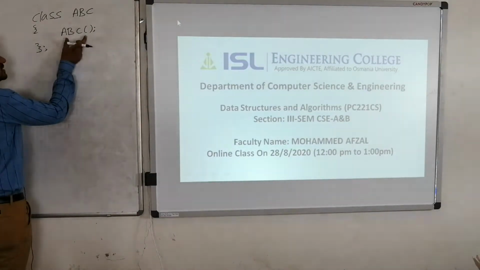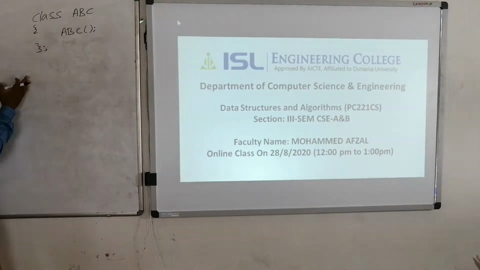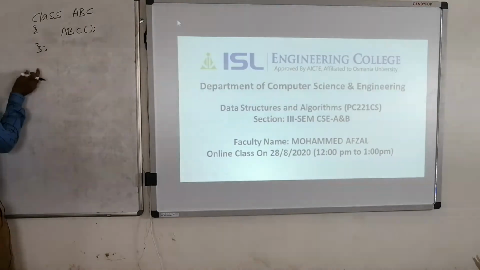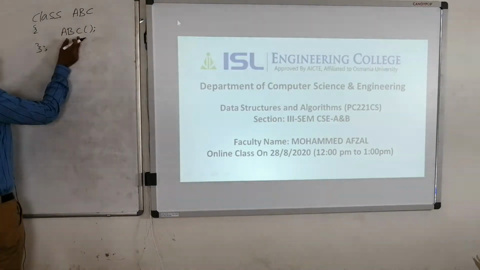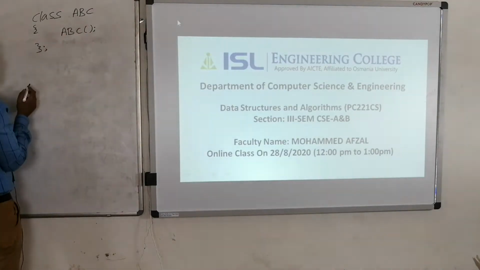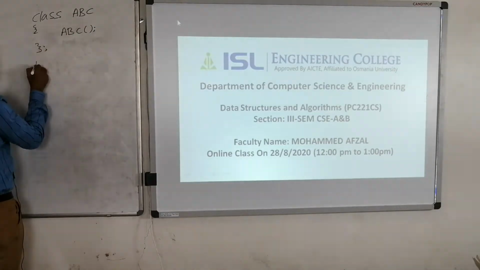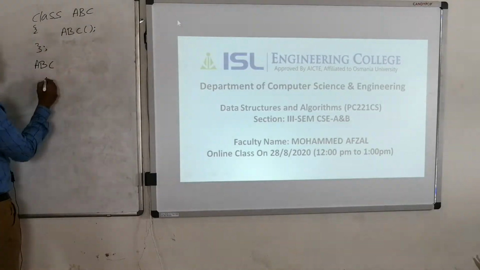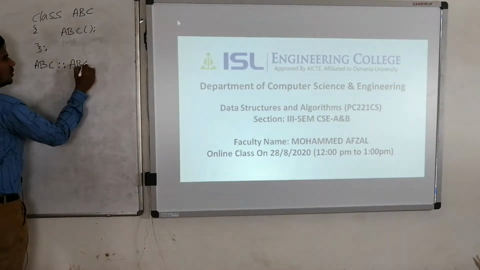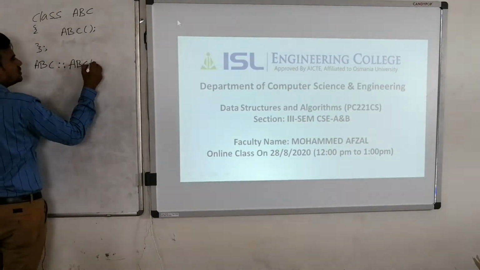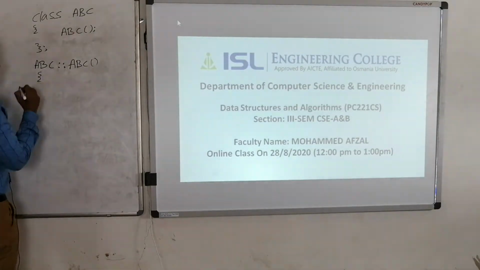I want to define this constructor outside of the class. So what are my options? As the constructor is not going to have any return type, don't put the return type, directly use the class name. In order to qualify this constructor, we have to use the class name along with the scope resolution operator. So ABC is my class name, ABC colon colon followed by my constructor name, that is ABC only, and we have to use a set of parentheses. Then open the curly bracket.